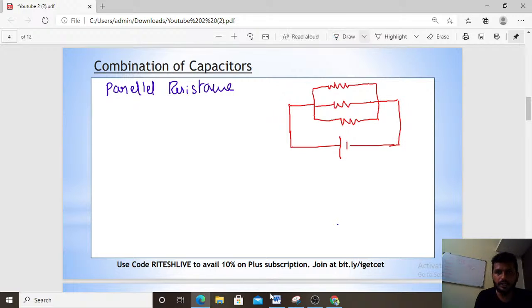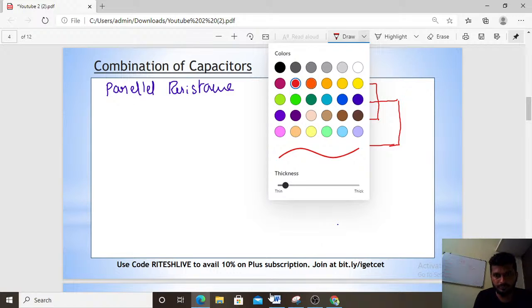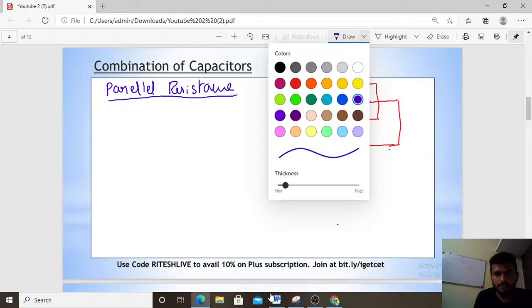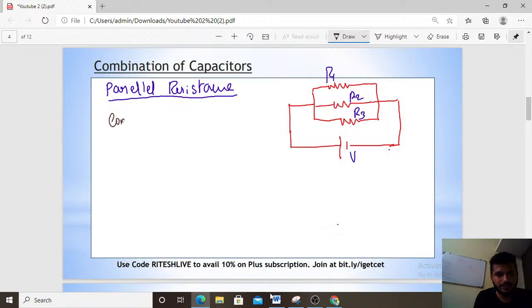Is it right? Okay, made it. Then I have to name it like R1, R2, R3. So what is the concept? You know the concept, right? So the concept says, which color I will take. Okay. Concept says